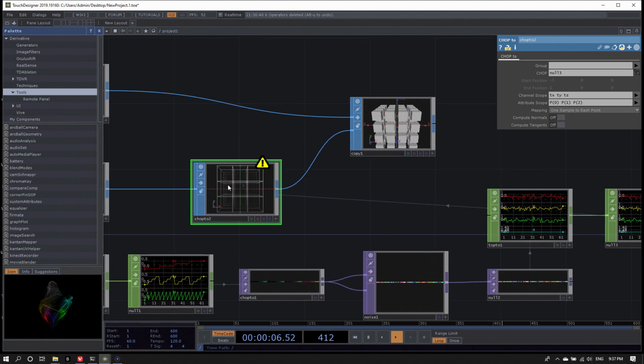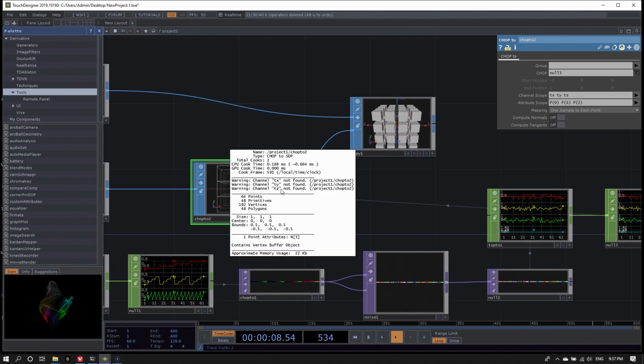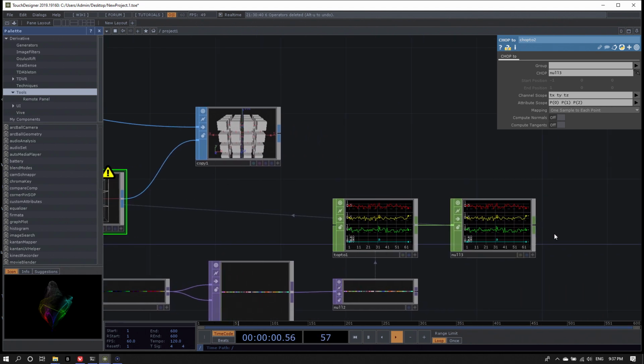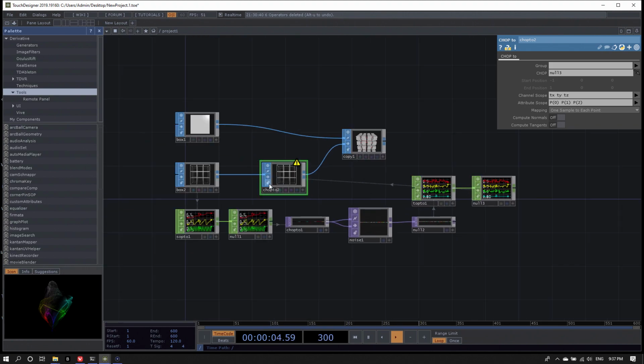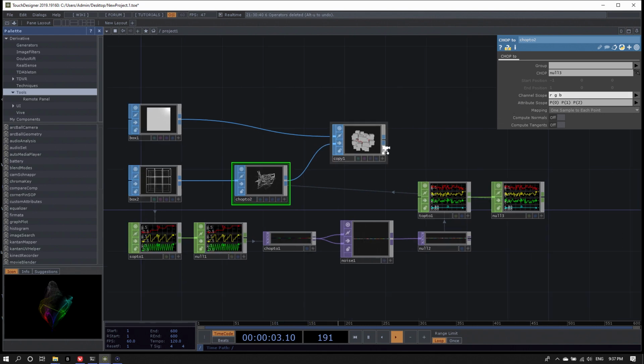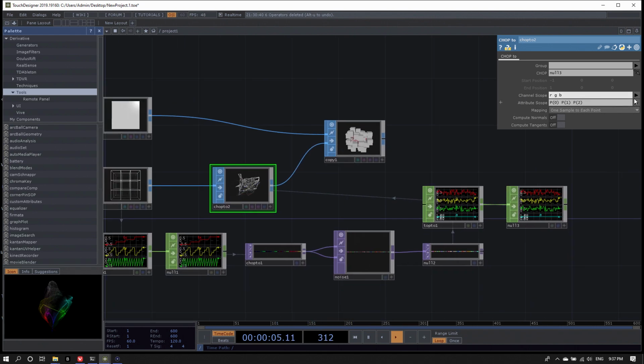It's giving me a warning, the CHOP to SOP, saying channel tx, ty, tz not found, which makes sense. My channels here are called RGBA. So in the parameters of the CHOP to SOP, I would have to change the channel scope from tx, ty, tz to RGB. And under the attribute scope, I don't want to adjust the positions of each point, which it currently does. P is an attribute of the geometry, which means the positions.